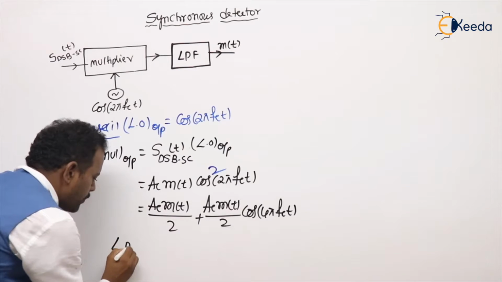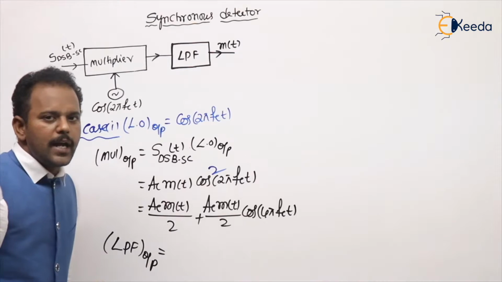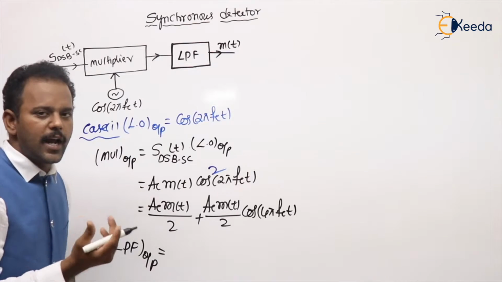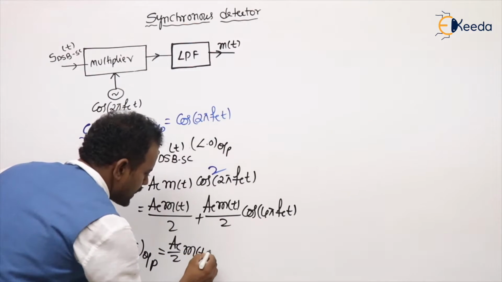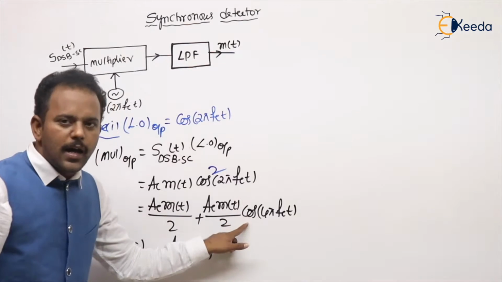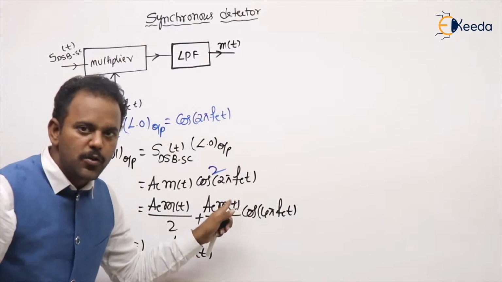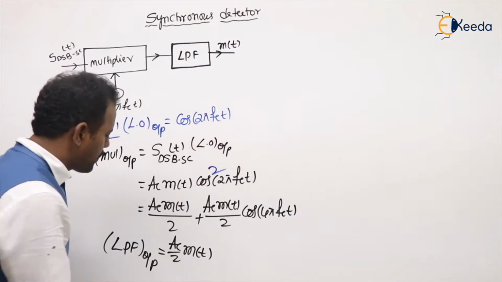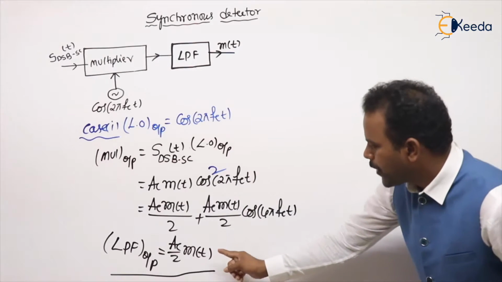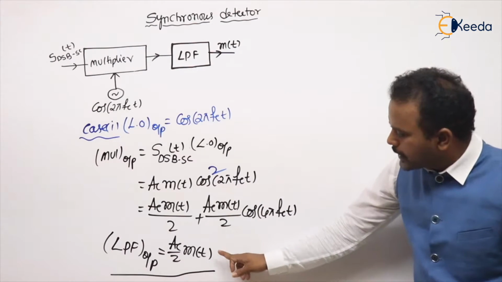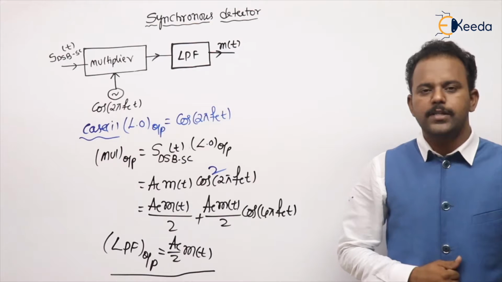What is the low pass filter output, sir? It allows only the low frequency components up to omega m, where omega m is our message signal bandwidth or highest frequency. So the first term, m of t, is passed. The second term, m of t into cos, is frequency shifted to 2fc, which is very high, so the components 2fc minus omega m and 2fc plus omega m are blocked by the filter. So this is the low pass filter output in the perfect synchronization case. Now we will take this as our reference to compare with the phase difference and frequency difference cases.